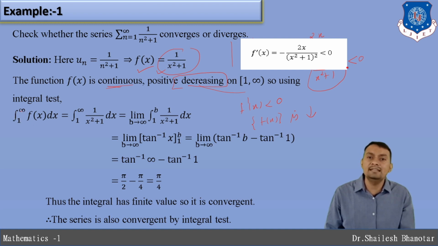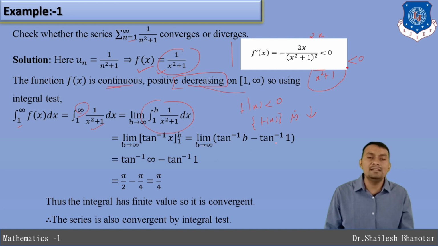So let us start with the integration from 1 to infinity of f of x dx. Here the limit is 1 because the summation starts from 1. f of x is 1 divided by x squared plus 1, but this is an improper integral. Whenever improper integrals are there, we use this kind of method, and you will also learn this chapter on improper integrals later. So limit b tends to infinity, integration from 1 to b of 1 divided by x squared plus 1, and the integration of this is tan inverse x from 1 to b. First we put in the upper limit, and then the lower limit.